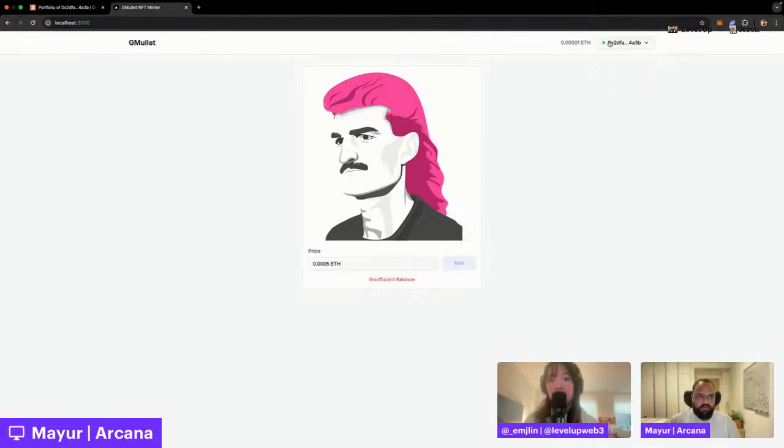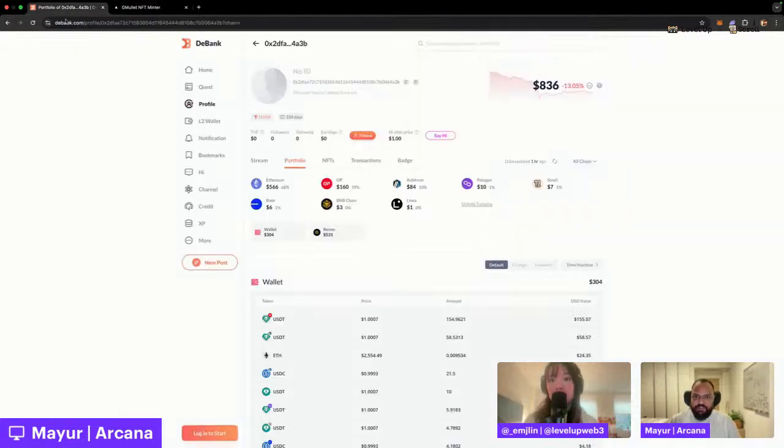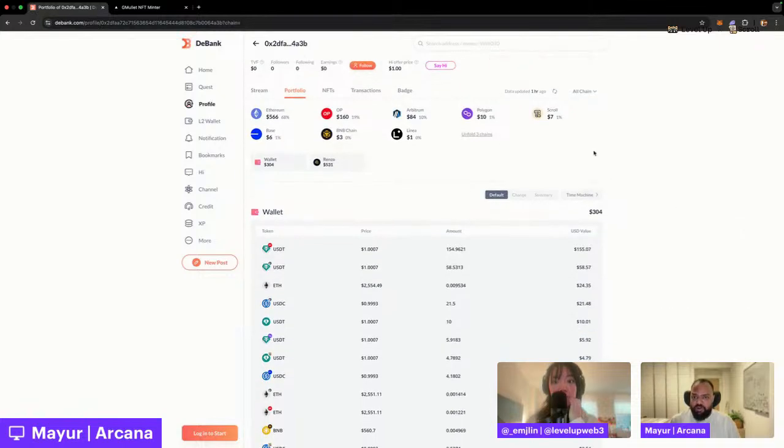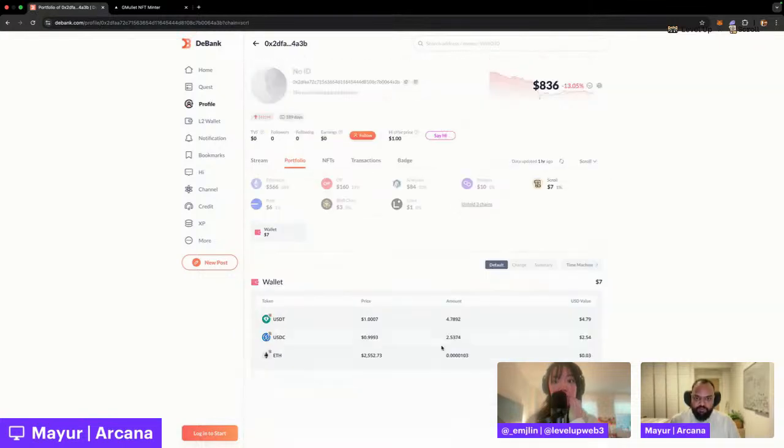Now, if I head over and check out this account here on DeBank's portfolio viewer, I have a lot more in assets that are spread out across different chains. On Scroll, like you saw, I had 0.401 ETH, which is too less for me to do anything about.